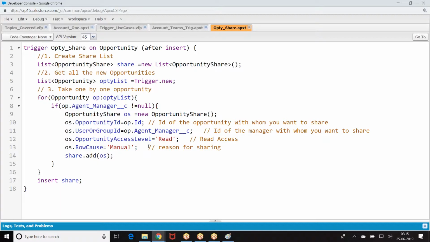Opportunity ID, user ID, opportunity access level, row cause, and insert. I hope everyone is good with this. Now, if the opportunity agent manager is not equal to null, share the record with that person. Now how are the sharing rules defined? Opportunity share, opportunity ID, user or group ID, opportunity access level, and row cause.